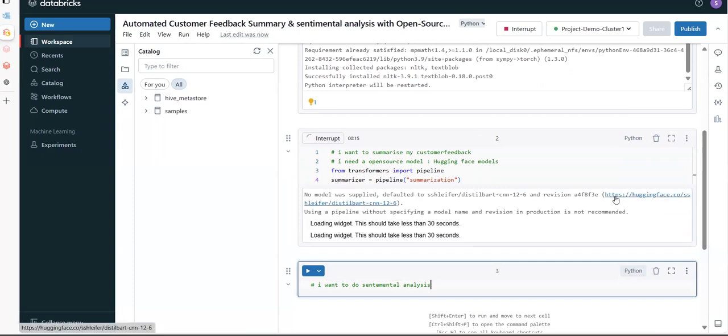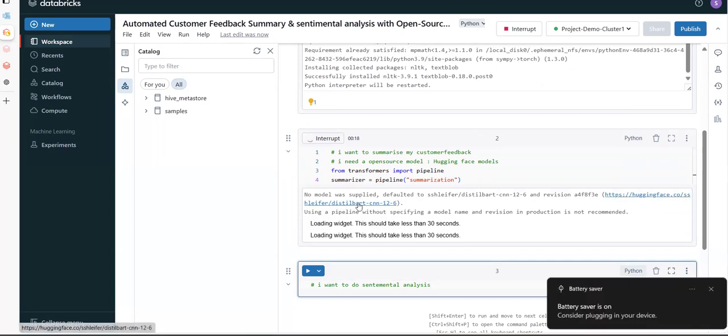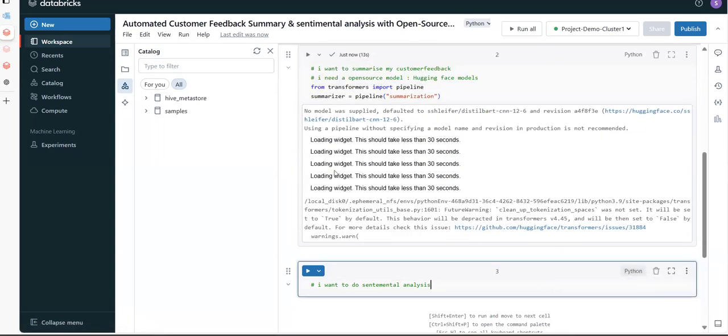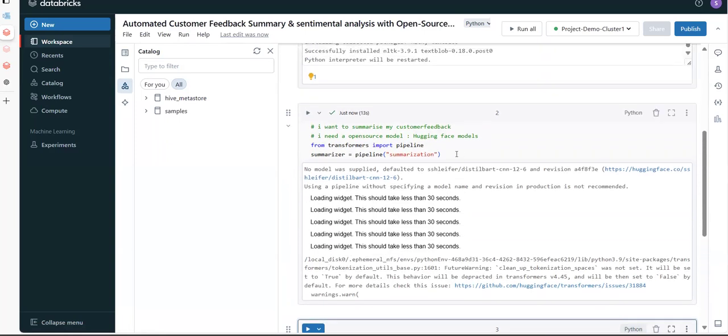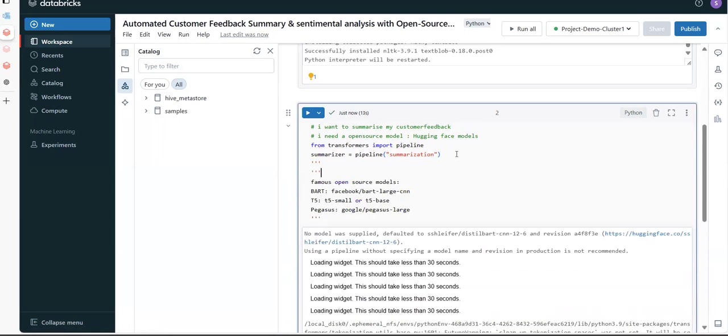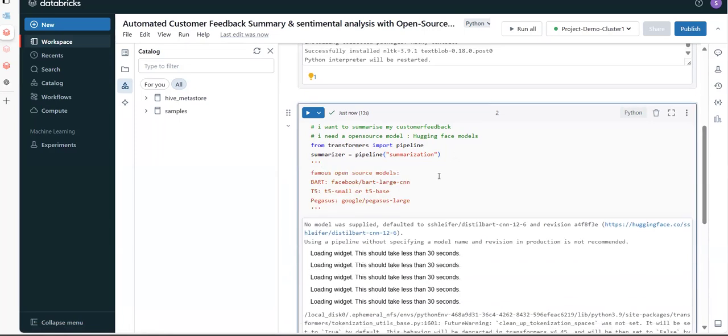You can see currently which model it is using. It is using this BART CNN model. You can even define that model here. The famous models that are used daily are these: this BART model from Facebook, T5 small or T5 base, and the Google model, Pegasus large. If you have any requirement to use a particular model, then you can even define that